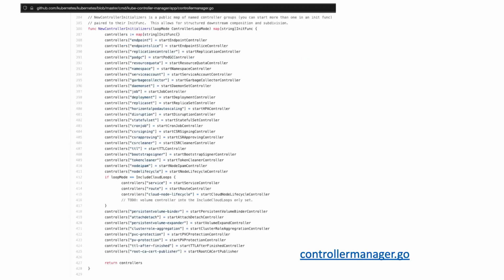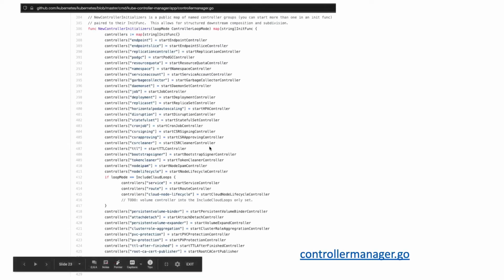All right. And if you look into the code, you can see what the controller manager does. One of the things it has is a function called controller initializers, and it has a map where the key is the name of the controller, and the value is a function which starts the controller. So we have, I think, over 30 here, and this looks quite daunting. There's quite a bit of complexity in here. But in the end, we're just starting individual controllers, and this can be configured from the command line.